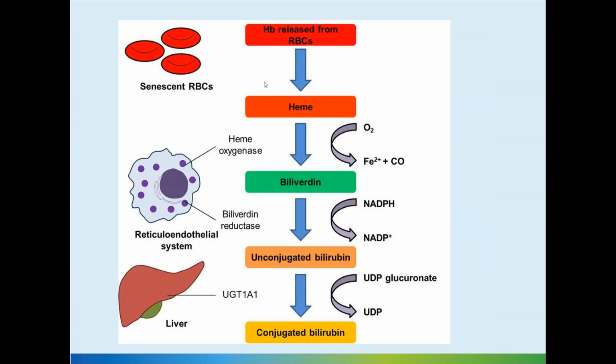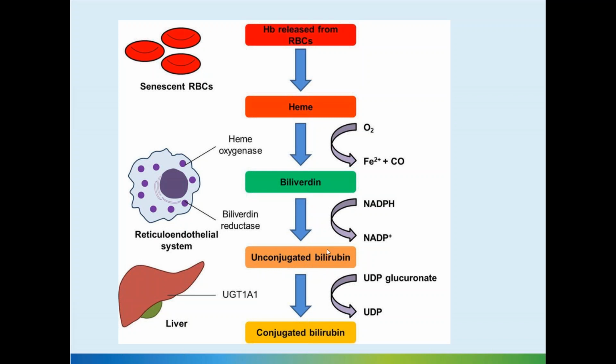Just a quick overview of bilirubin metabolism. I'll also discuss a little bit about how it plays an important role in neonatal jaundice. When the RBCs are killed and the hemoglobin is released, it breaks down into heme and porphyrin components. The heme is the iron-containing part, and heme is acted on by heme oxygenase, and biliverdin is released. Biliverdin is a precursor of bilirubin, and by the action of biliverdin reductase, unconjugated bilirubin is formed.